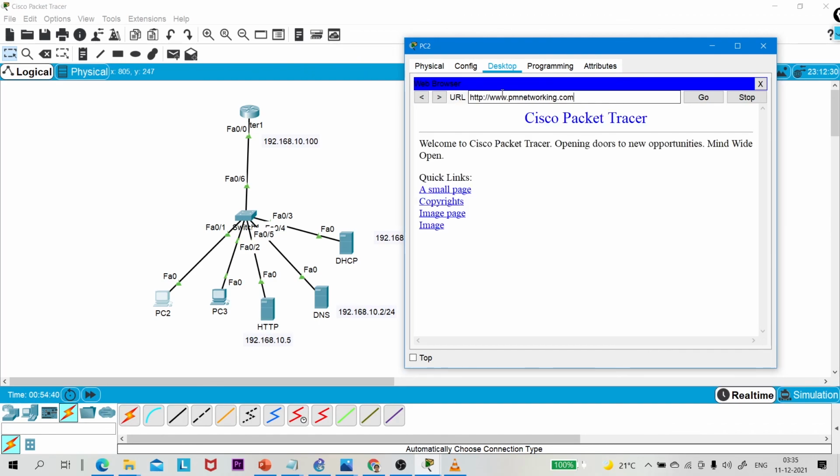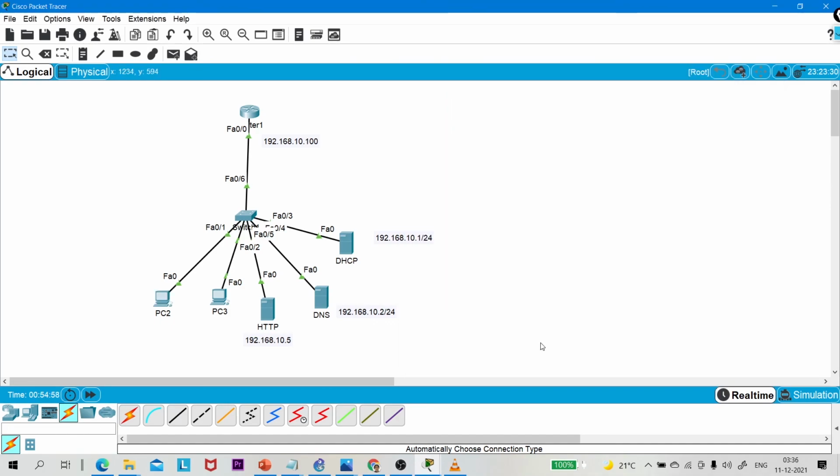So now I am able to access my website through the domain name. So this is how we configure DHCP, DNS and HTTP servers in my LAN network.